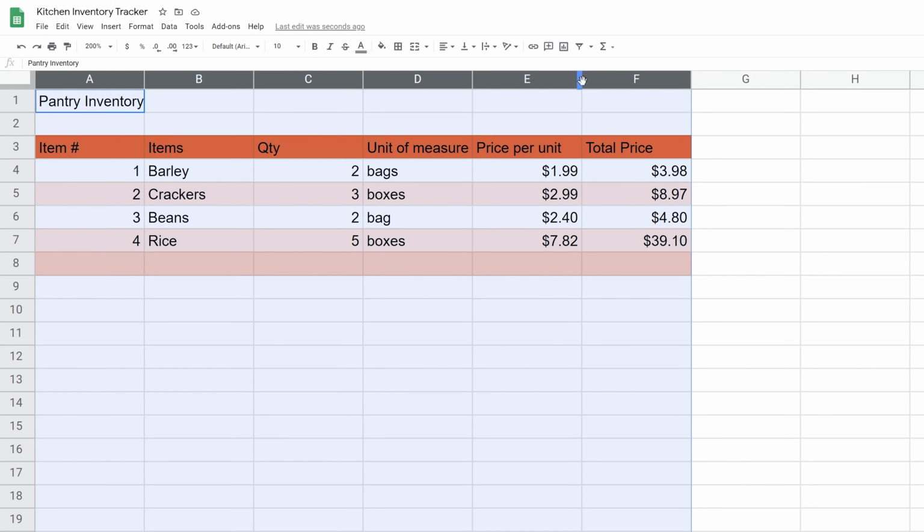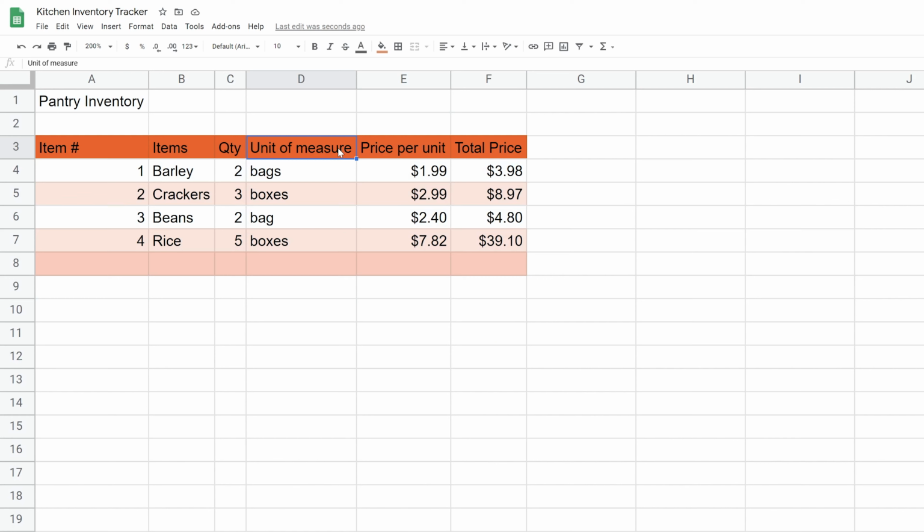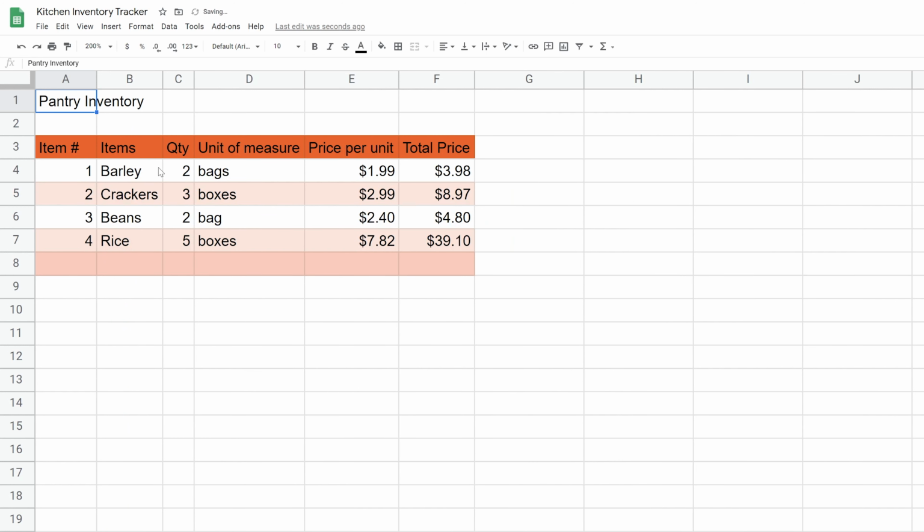There it is. If you double click, it automatically sizes each column to the width of the widest piece of data in there. It made it probably fit better, but you'll also notice if you have something like in cell A1 that doesn't really belong to the table, Sheets doesn't know that, and it made this wide enough to accommodate the title of the table. So let's just left click and hold on this and drag it over to the left a little bit more, and that fits better.